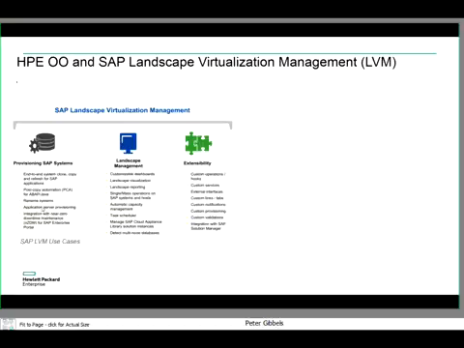SAP has ABAP, their own language, and a Java stack, and both can coexist. Activities like rename systems go under that area, application server add-on provisioning also, and then landscape management. The landscape management area of SAP LVM has different dashboards, some reporting, and so on.